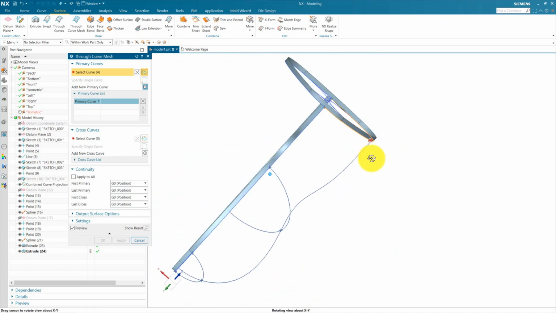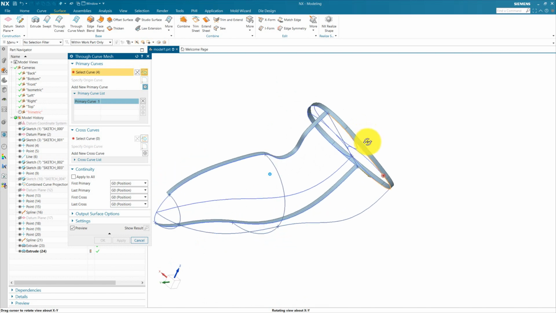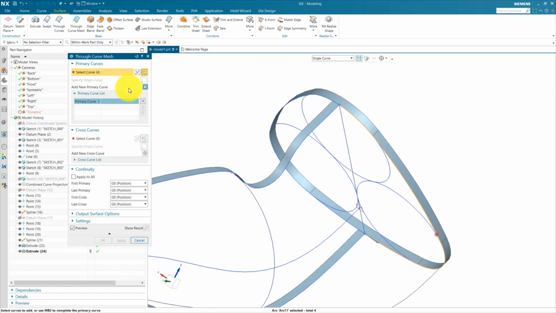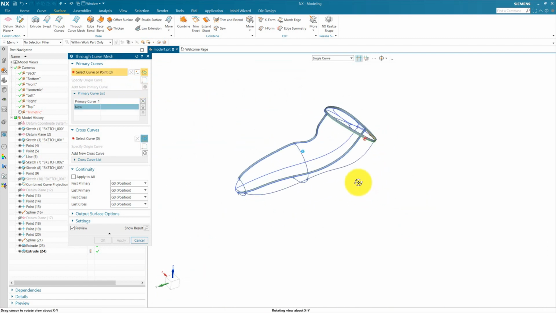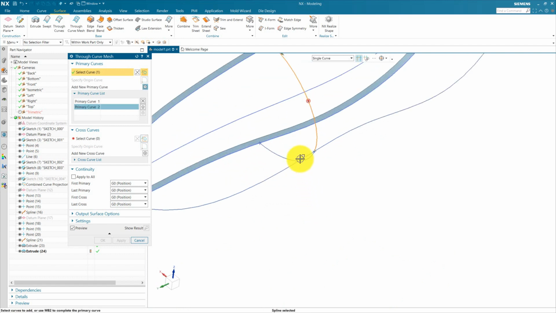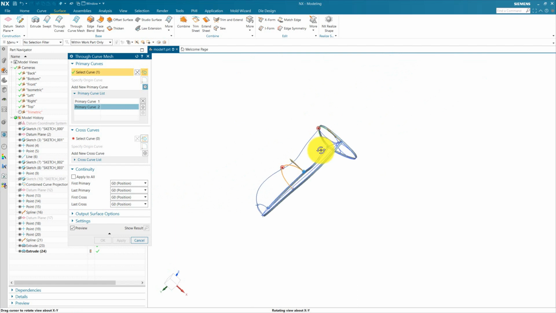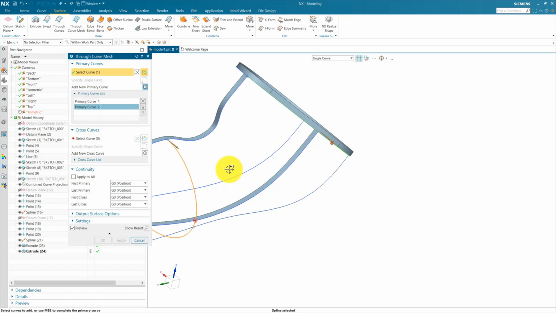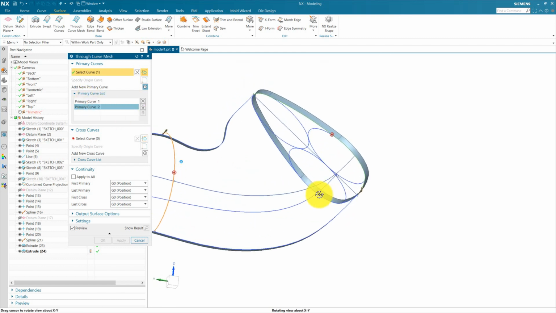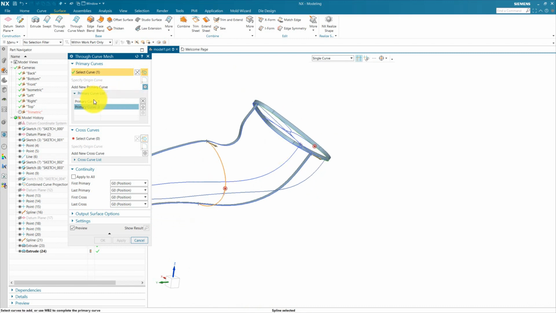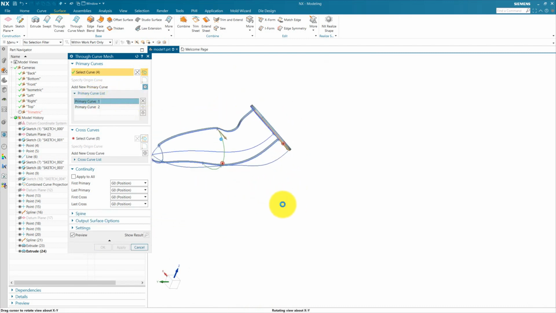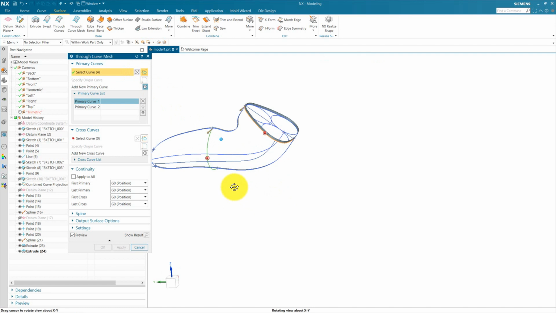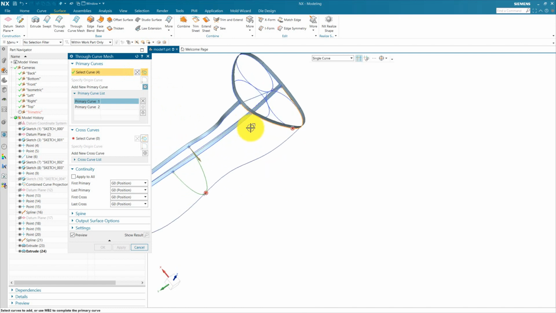Primary curve 1, select one side of curve. Add new primary curve, click on this plus button and select this primary curve. Make sure the direction will be the same for both primary curves. For example, here you can see our first primary curve, the direction is opposite to our second primary curve. Change the direction of the first primary curve. You can flip the direction by clicking reverse direction, and you can also double click on this arrow to change